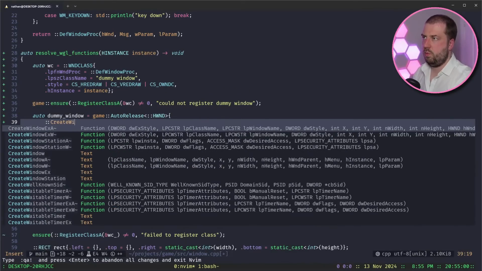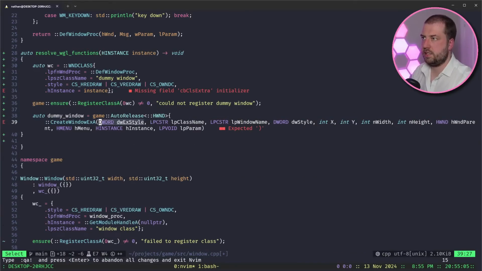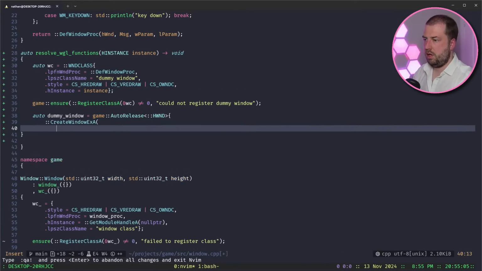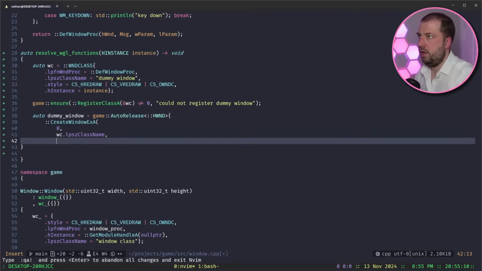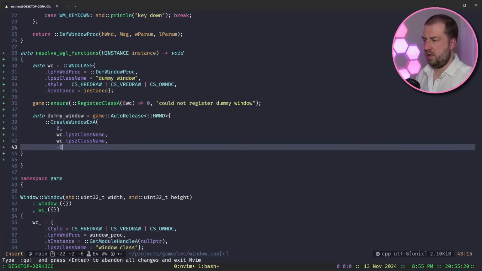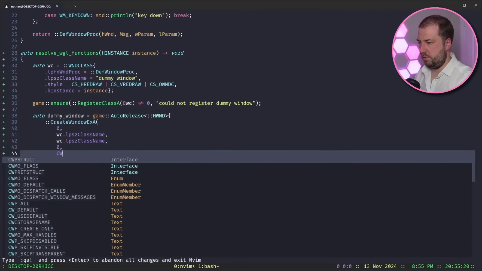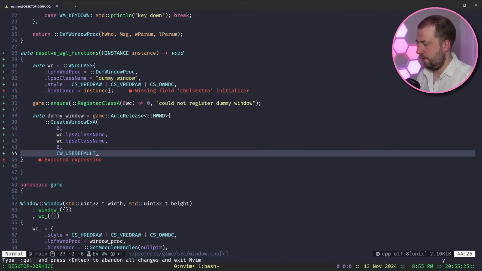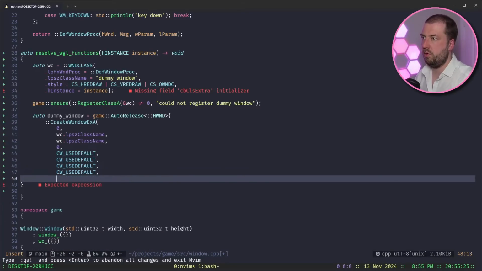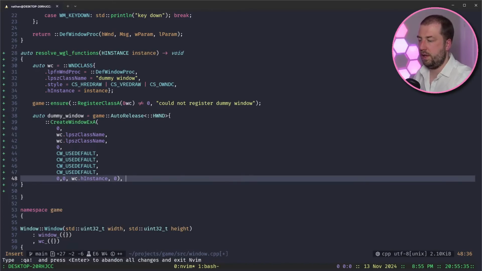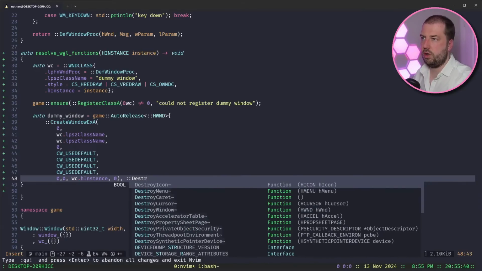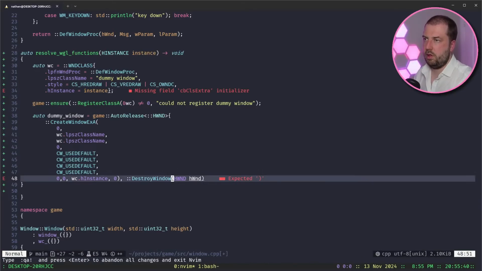Create window XA, then 0, WC lpszClassName, WC lpszClassName again, I think, 0, and then CW_USEDEFAULT, just use the defaults for everything because I don't care about where it is or what size it is. I actually do not care at all. And then as it's Windows, a few more zeros, and then wc.hInstance, and then 0, and then that will be DestroyWindow, and then